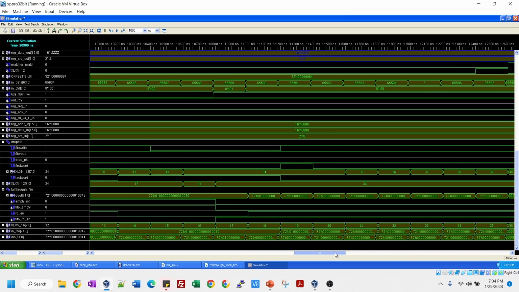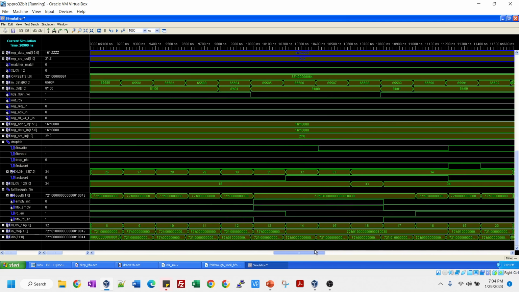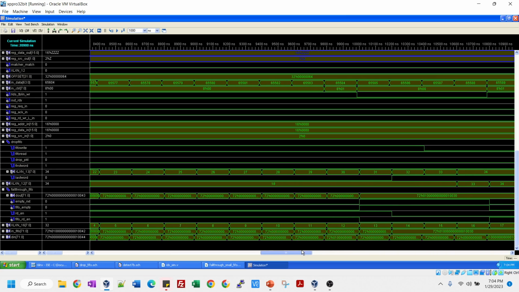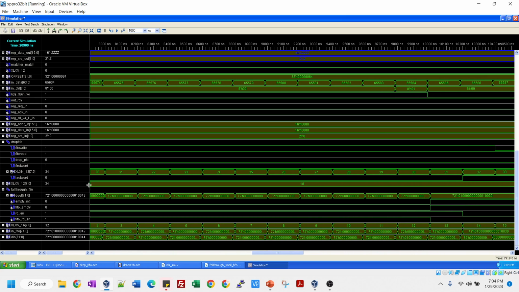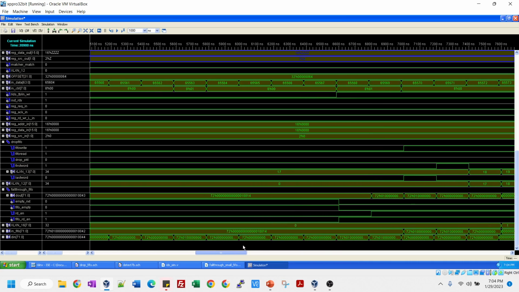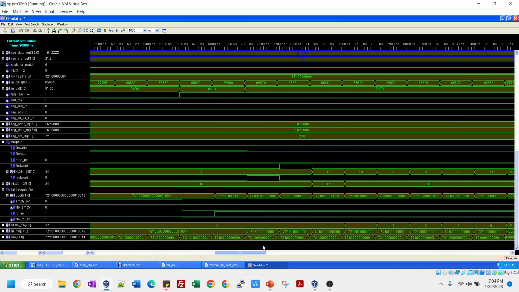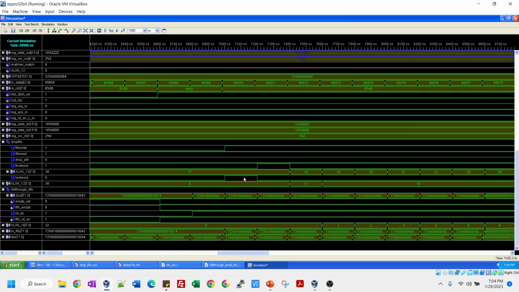Another case I would like to point out is a successful end of the packet. How would we know it's the end of the packet? From the last word signal. So let's go back. Yeah, here you can see